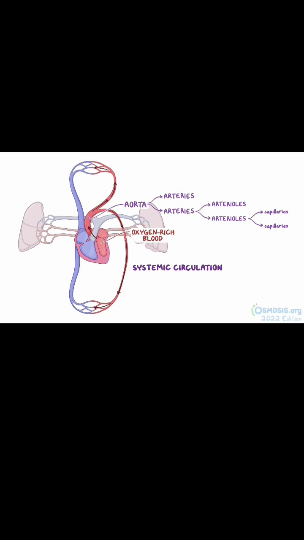These capillaries form small networks called capillary beds in which blood flow is reduced. This reduction in blood flow allows the exchange of gases, nutrients, and waste products between the blood and tissues. Now, after this interchange of substances occurs, the